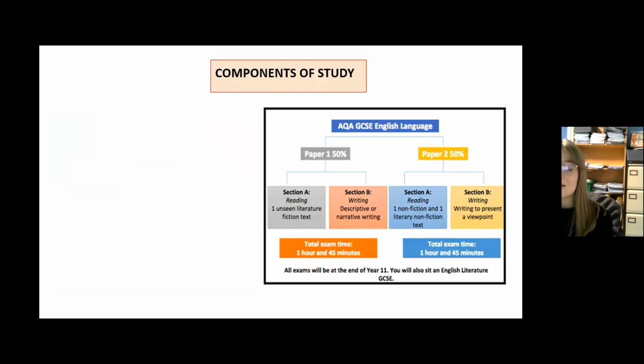Then in section B of that same exam, you have to write your own fiction text, which would be descriptive or narrative writing, which you're used to doing in Key Stage 3, especially through our writing challenges. So again, at our school, we're really good, especially at the writing section. Paper 2 is very similar. You have a reading and a writing section. However, for that text,